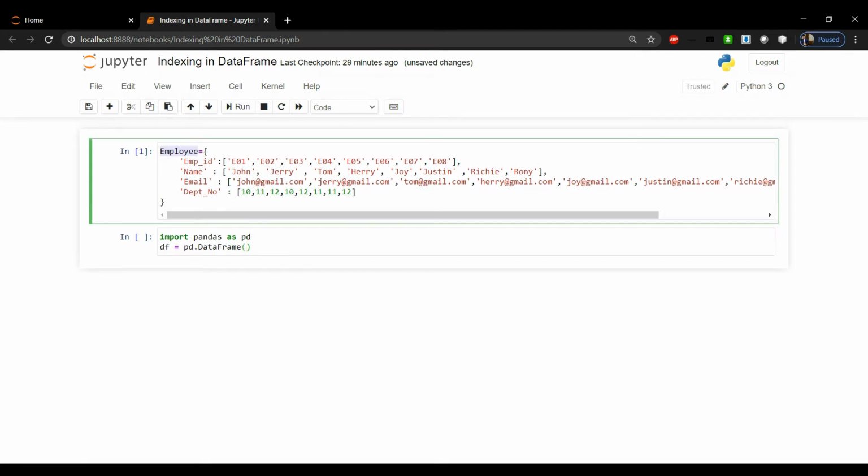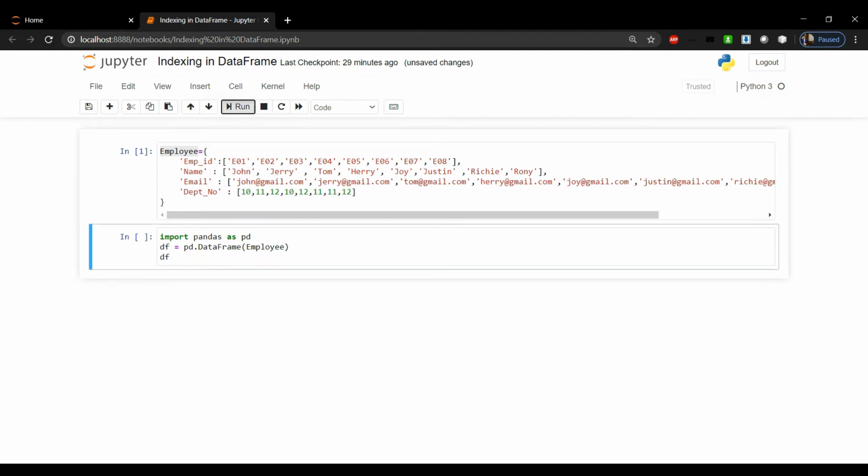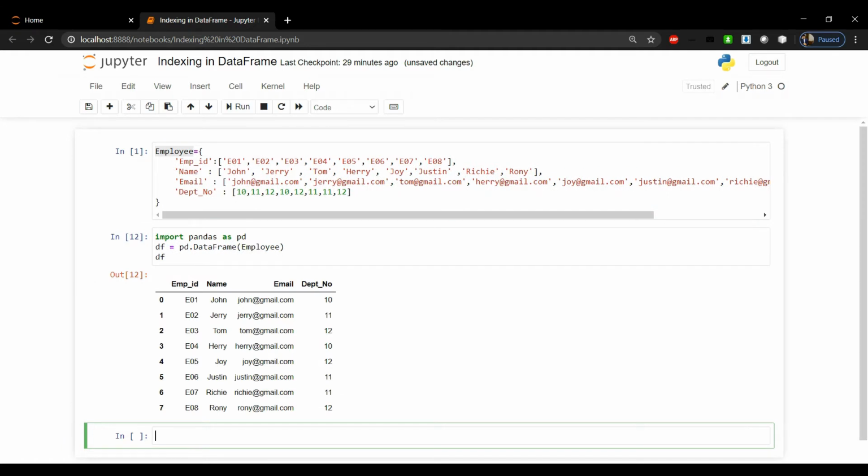Let's copy this, paste it here and print the data frame. Let's run this. Here we got our data frame, which contains 4 columns: employee ID, name, email and department number, and the data related to the 8 employees.